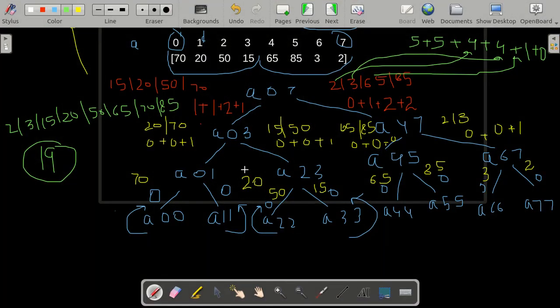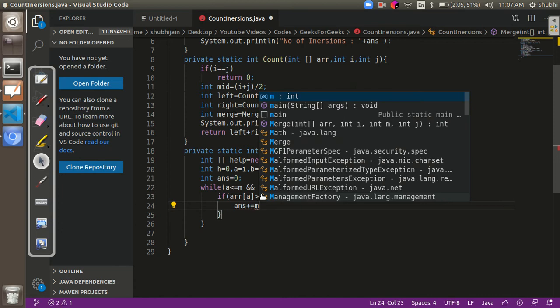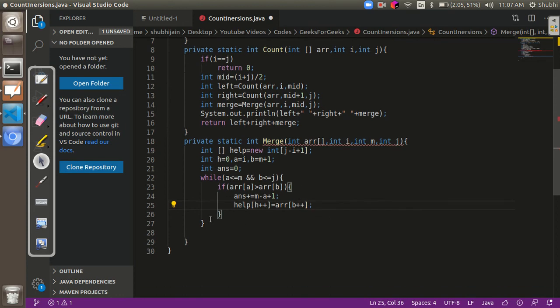My number of inversions will be the length of the first array minus the index at which the inversion has been found, plus 1. Plus 1 is only in order to get the total number of elements. So over here the last index is M minus A plus 1, and then we'll add the smaller element in the helper array. So the smaller element is B. So here I've added the second element.